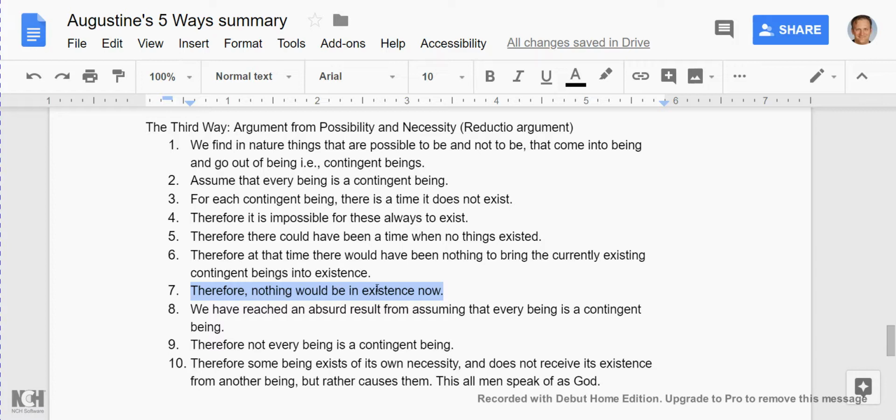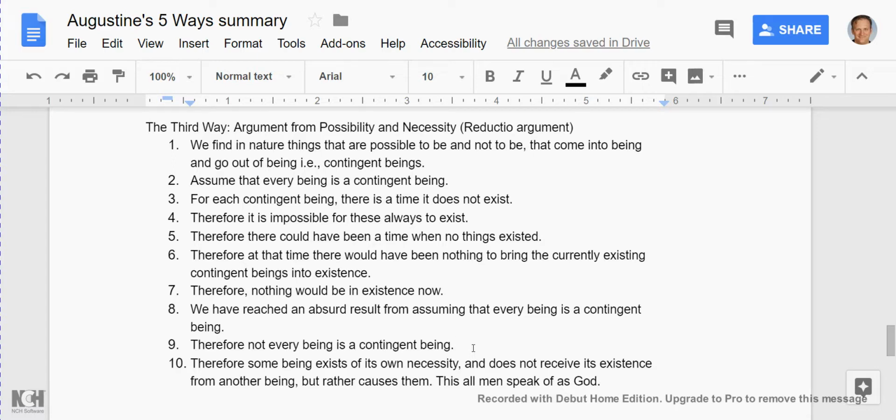if nothing existed, then the circumstances could never have emerged to make the other circumstances come into being in the first place. Okay, which is absurd, because how can contingent beings, which we know exist, we sense they exist, come into being if the circumstances weren't there in the first place, or the circumstances weren't there to create the circumstances? Therefore, not every being is contingent. There has to be something that didn't come into being in order to,